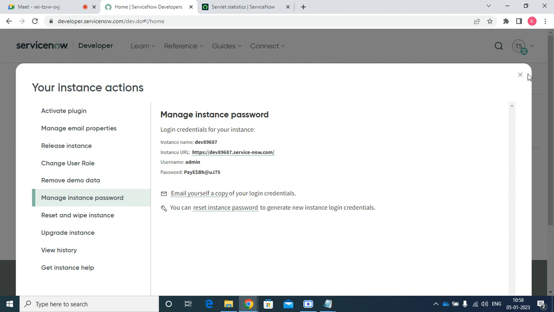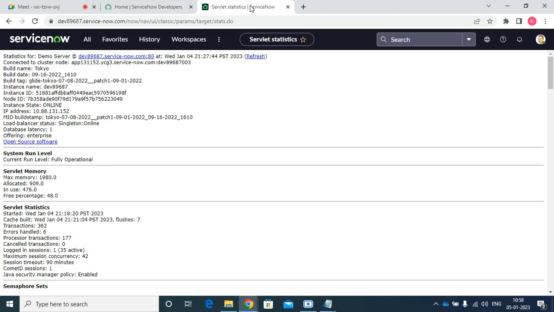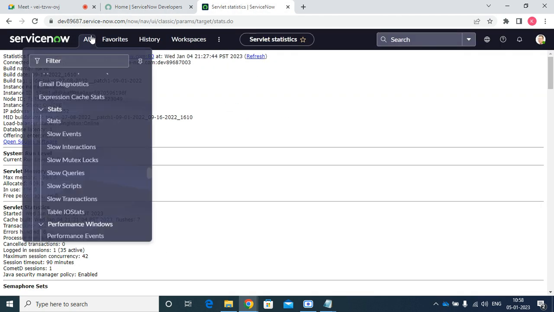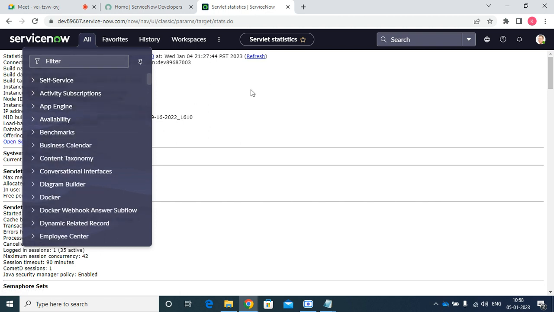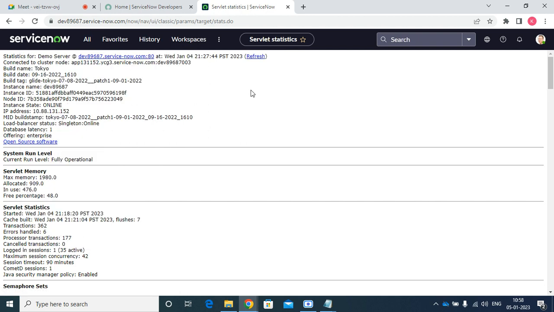Now the next step. Here we have done this. Whenever you log into the instance, we have to do the setup. First, we need to set up the time zone, that means the central time zone our instance time should be based upon. For the time zone and the logo and all other things, if you want to show,